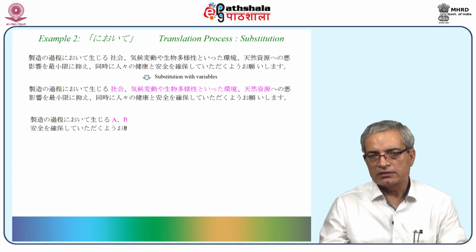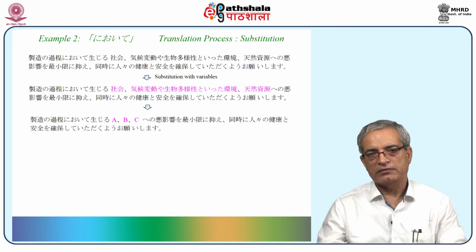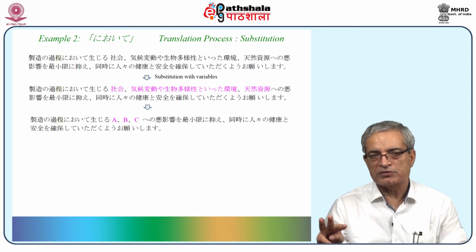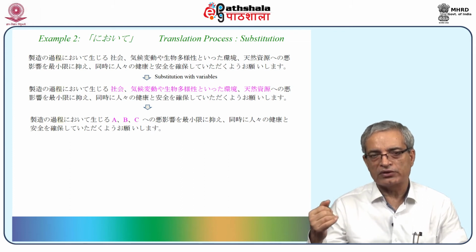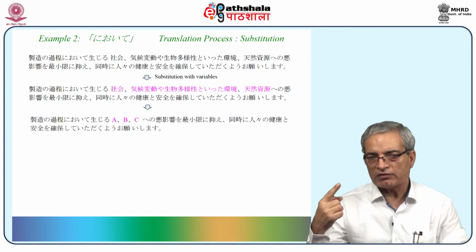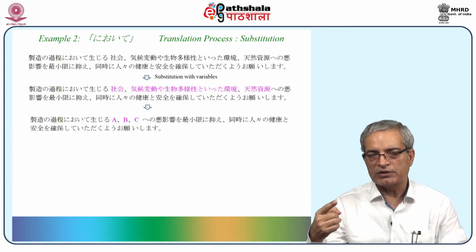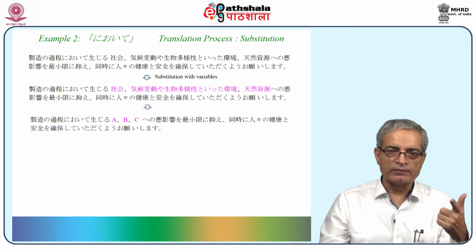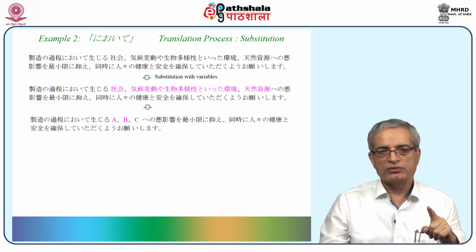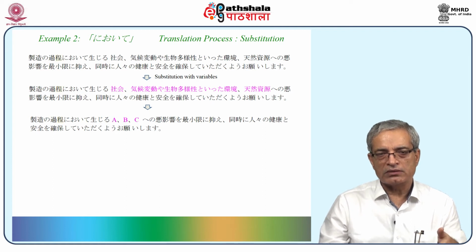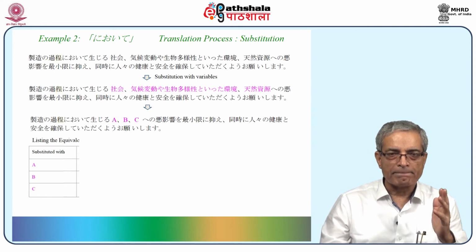And if I say here, which you will see in the next slide, that all the 3 have been replaced by ABC, I would suggest, if you are confident, then remove B and C also, so only A is left. And once you have A, then I would suggest that you retain shakai, because shakai is quite simple, that doesn't trouble you. So it will read like "Seizono kate ni oite shojiru shakai eno aku ekyo saishogen ni osai doji ni hitobito no kenko to anzen o kakou shite itadaku yo onegai shimasu". Just see how simple it has become.